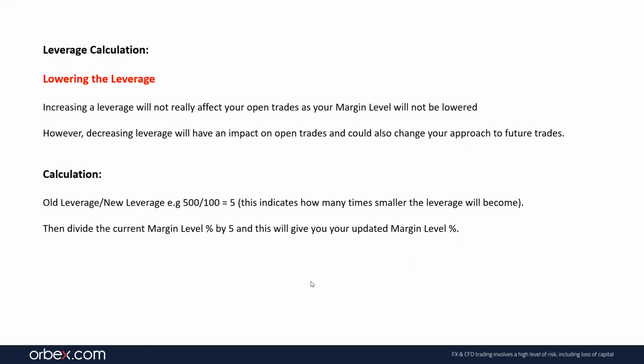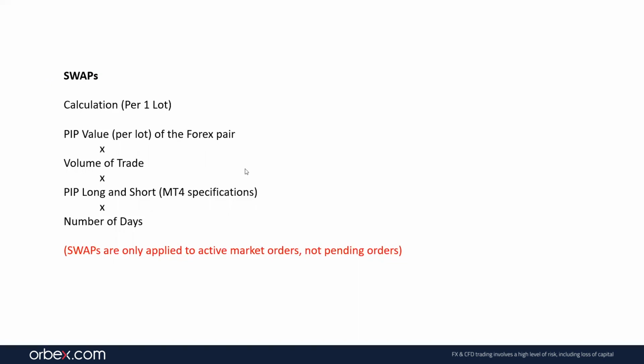Just to remind you. And as we go, swaps as well, as I said before, swap calculation per 1 lot, or you can even do less than 1 lot. It's the pip value per lot. So for example, if you were taking out a 0.1 lot trade on euro dollar, then the pip value will be 10 cents. So it will be basically based on the volume that you're taking out. So that's the pip value, volume of the trade. So as I said, 0.1. Number of days and pips long and short on the MT